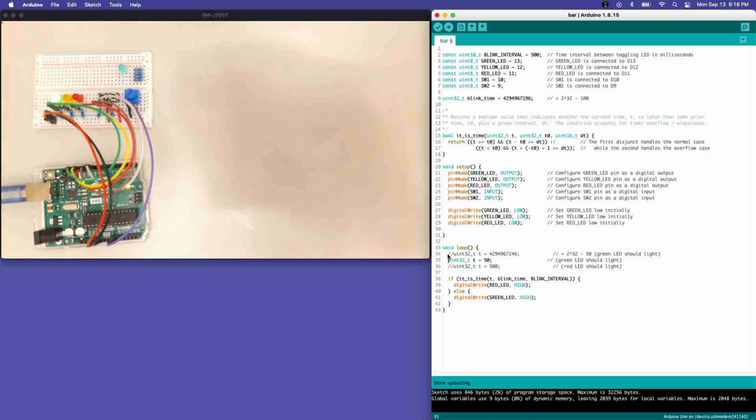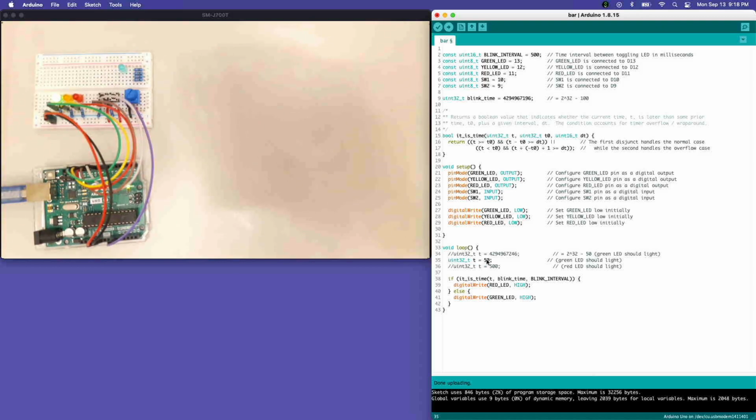Now in this case, we're not yet to the proper time, because in order for us to be more than blink interval, more than blink time, we have to go the 100 that we have left to go before we hit 2 to the 32nd, and then there's 400 left, and so we shouldn't be in the condition where this is time yet, but we are in a condition where, if you like,